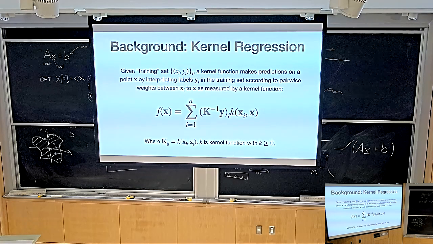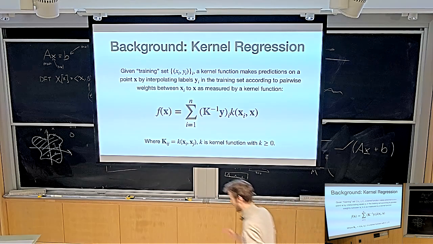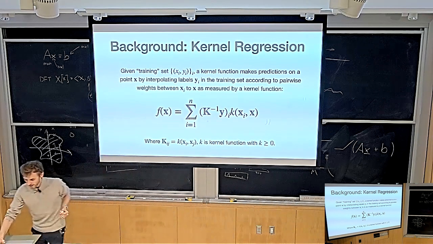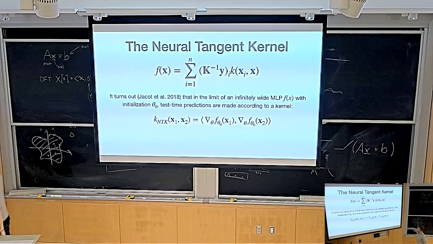Who has heard about the neural tangent kernel before? People that do lots of machine learning theory, this was kind of a big deal some 3 years ago. By now I think we've moved on a little bit. There are new theories which I'm not as deeply familiar with. But this was actually a huge deal when people understood it. And the specific way in which this works is kind of like this.